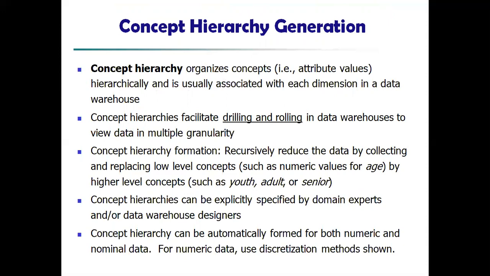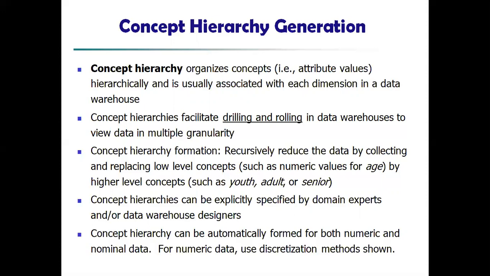Drilling means we are moving through the data from top to bottom. That is drilling, you know how to drill the land. Same thing, from the top layer to the bottom layer, you'll be drilling to find a piece of the data. And rolling, you know, will be from bottom to top, so that I can get the abstract of the data at the higher level.